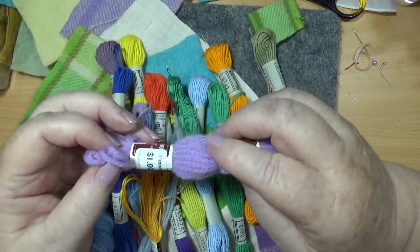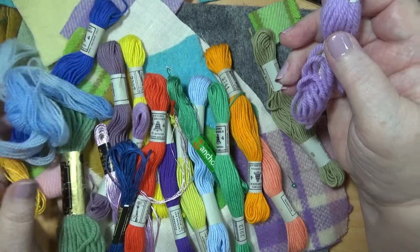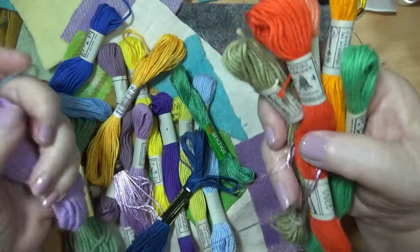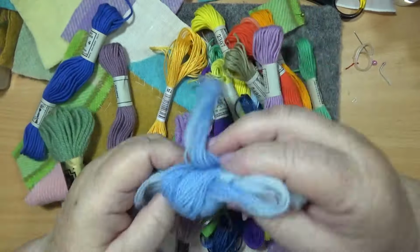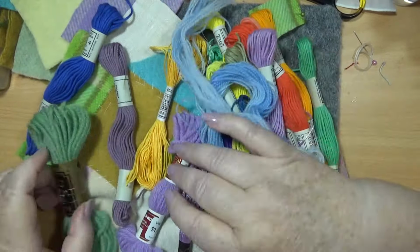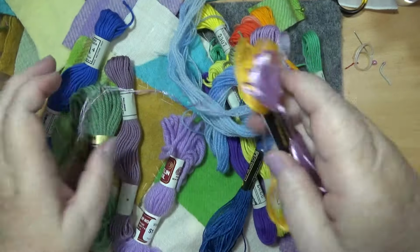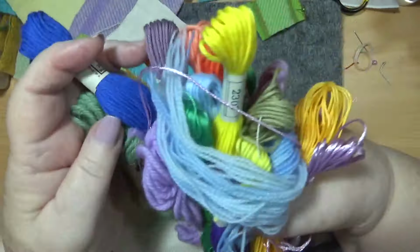Anyway, so these are some of the threads that I'm going to be using in this. Wool. I bought these for $1 at Vinnie's, and I love them. I've got heaps now because $1 is a really good price, and you can get some nice colours. And I bought all these Rhoda cottons for a pretty good price. And I've got this Appleton one. I think it's Appleton. It's really nice. Might not be, but it's a nice dyed one. Not stripy, it's variegated. Got a bit of the silky one. I don't know if I'm going to put that in there or not. And I've got a bit of a yellow plain one, because these are some of the varieties of things. It's not a big variety because I'm going to be using a lot more threads than I'm going to use on this